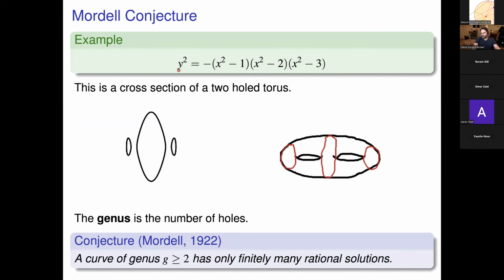So there's two things. One is the genus formula requires it to be smooth. This one has some mild singularities, and so the genus formula is a little off. But in general, the intuition for the genus formula is